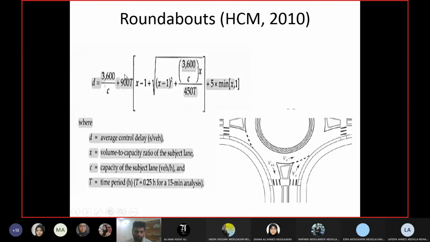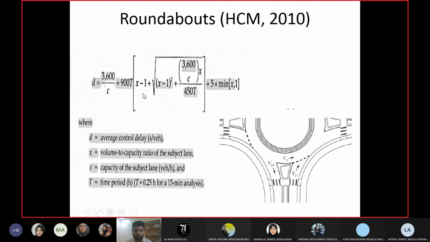T is the time period for flow. We have done enough examples about flow and volume to know that flow is generally taken for 15 minutes. T is in hours, so 15 minutes means 0.25 hours. In most cases, we will put T as 0.25, but T is the time period which you have taken for flow. If you are taking a time period different than 15 minutes, then you will calculate how much it is in terms of hours. But if it is 15 minutes, that means 0.25 hours. So T will be 0.25.